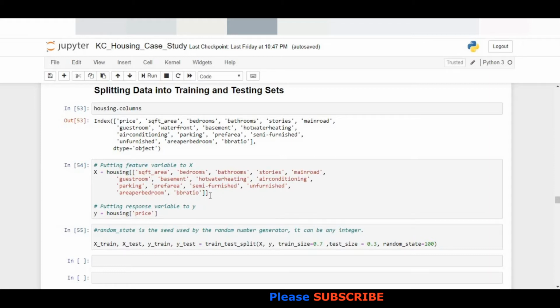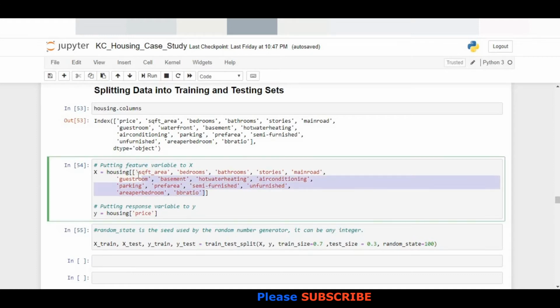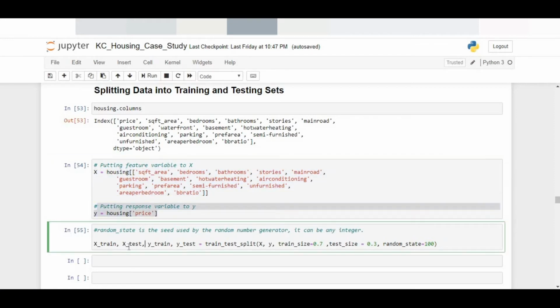So I take all the independent attributes into one variable, which is x, and the dependent attribute into y. I build 4 data frames: x train, x test, y train, y test, and split them into a 70-30 ratio. So I have 70% of the data in x train and 30% in x test, and 70% in y train and 30% in y test.